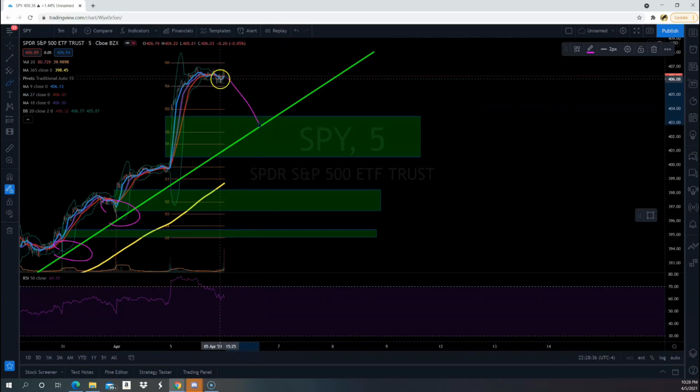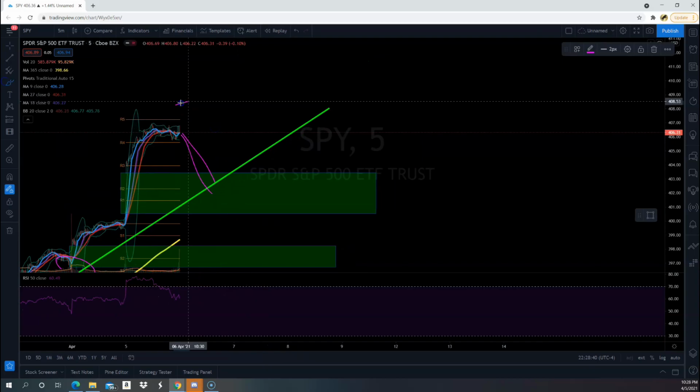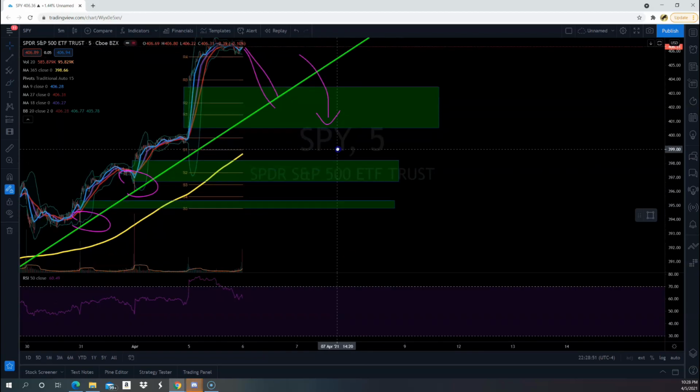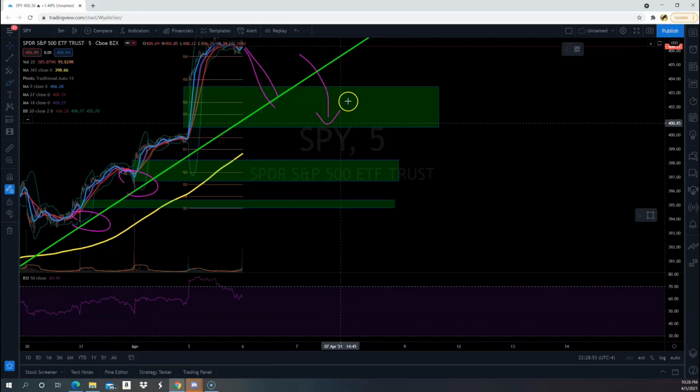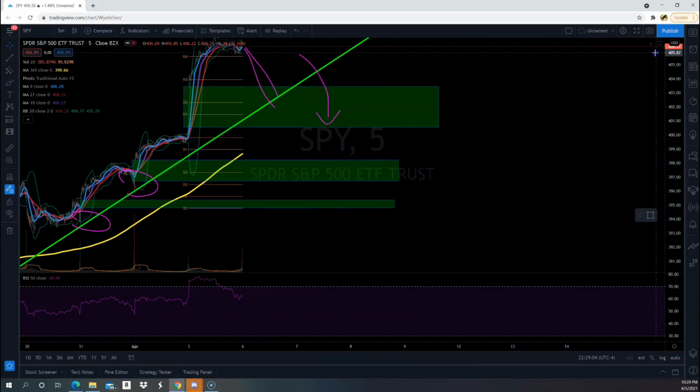I'm not saying we're going to open and come down, right? We could even open up here. But what we're going to be looking for is a break of the uptrend. Once we have a break, that's a signal that the market will have downside. So that means this will get filled, and it's not going to happen in one day, right? It's not going to just go all the way down in one day. I'm not saying that. What I am saying though is that these gaps can be filled over the course of